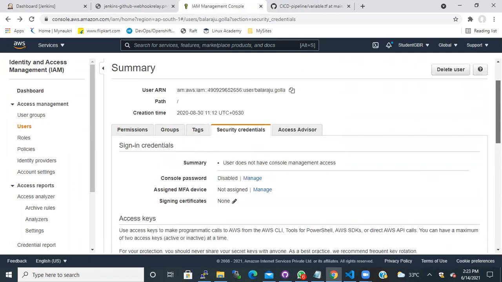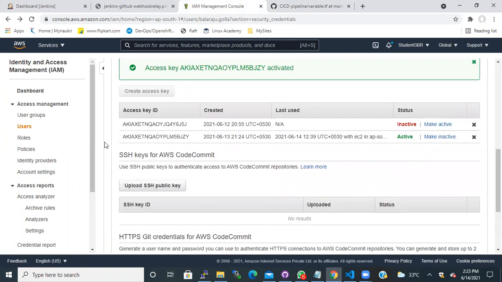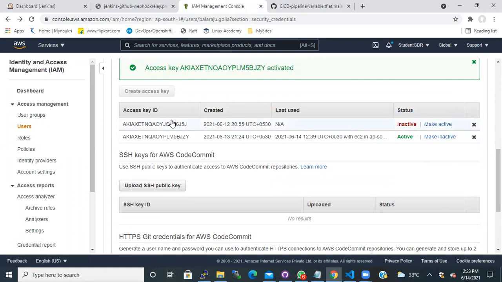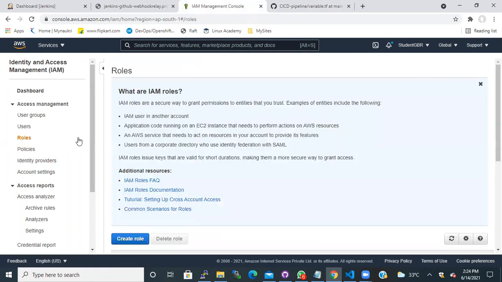Okay, I mean, this is not needed. These are the only credentials that I'm using, so I don't need it. And I just made this inactive. If I need it, I can also make it active. But for now, this is the access key and the security keys that I'm using. So I just made this one active for this time.